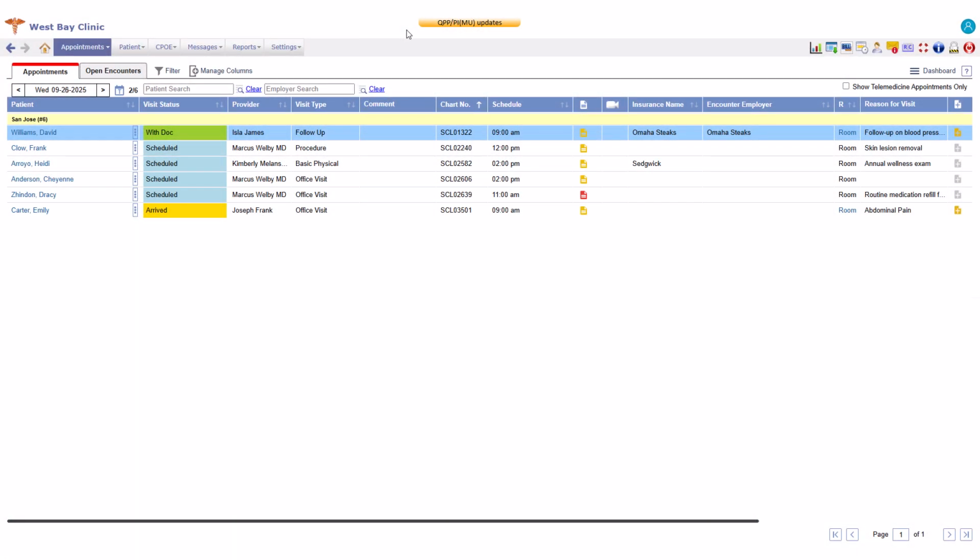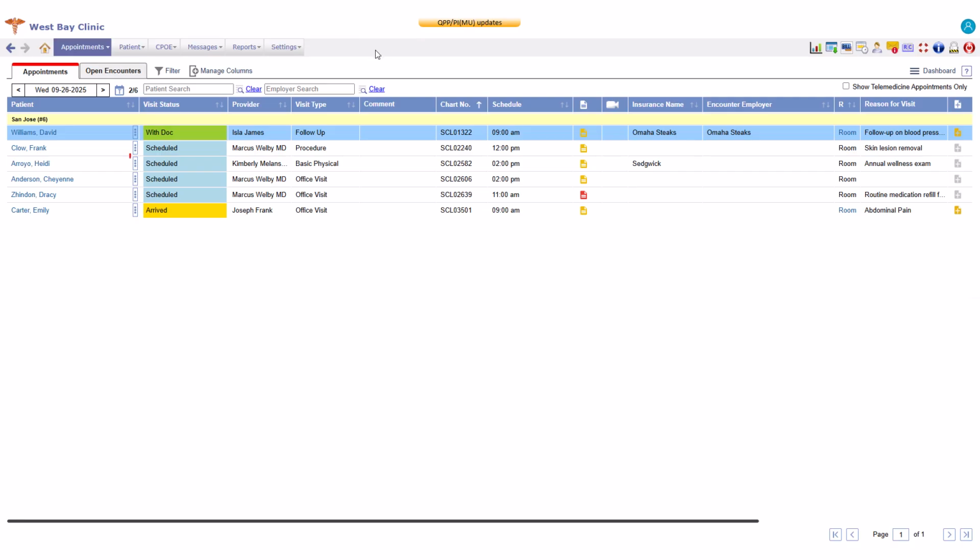In this video, we'll walk you through how to use patient notes, which lets you create and manage notes at a patient level. These notes are separate from the patient's medical record, but they can be categorized and tracked in a very organized way. You can access patient notes by clicking the patient notes icon, which appears in several places